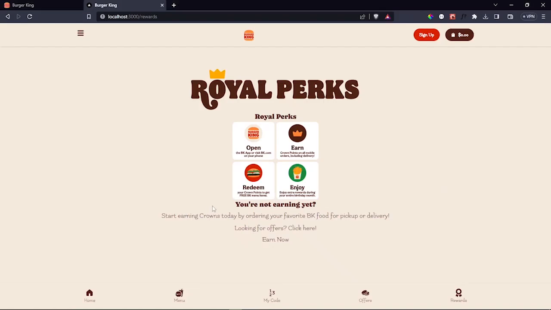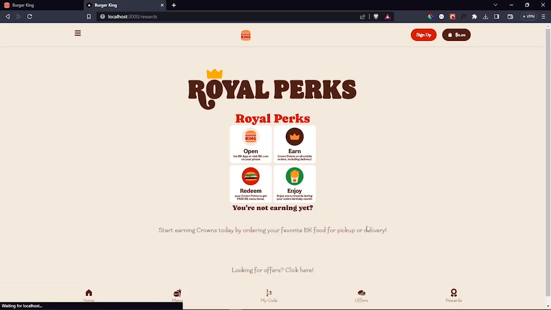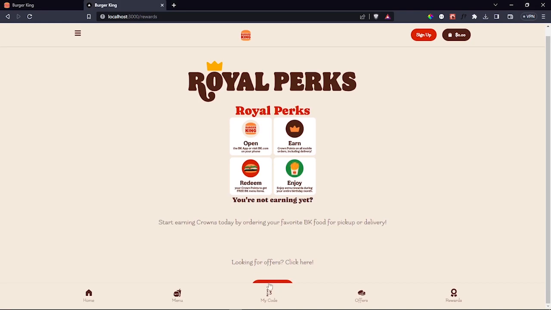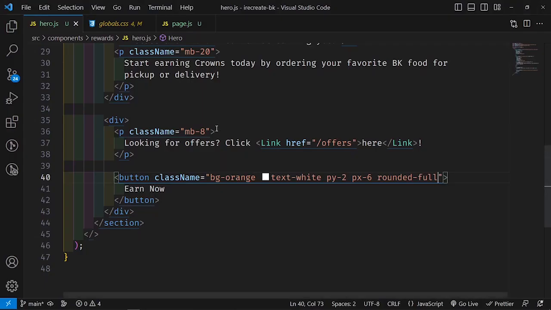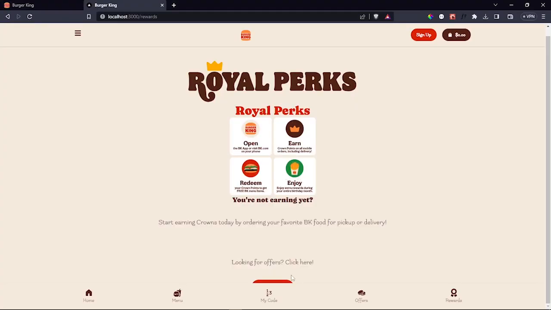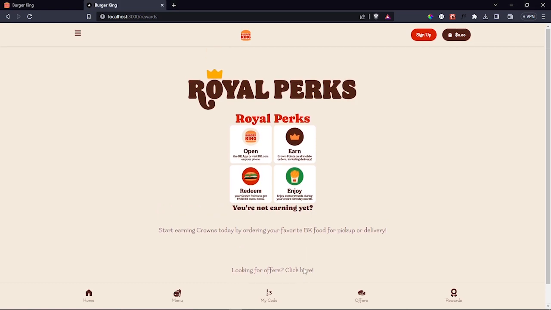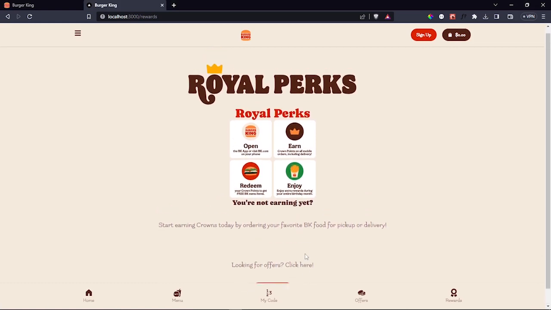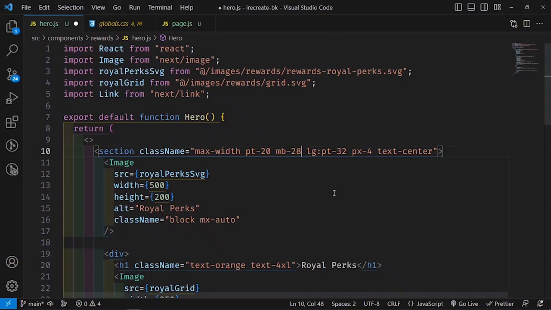Let's see what we have. What can we do to correct it? Okay, so we have that. Now see what I was saying. So right here, we need to increase either the margin bottom or the padding bottom. I think the padding bottom is going to work better. So let's increase this to about 20 to increase the margin bottom here. There we go. So that's looking almost okay, but let me increase it to about 28